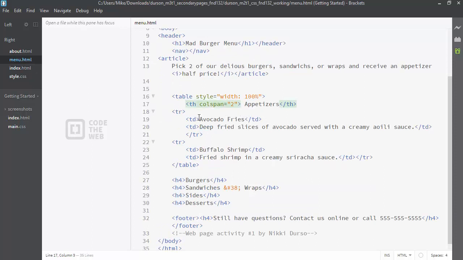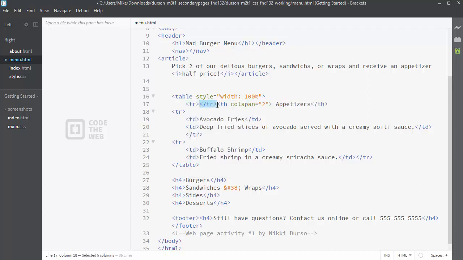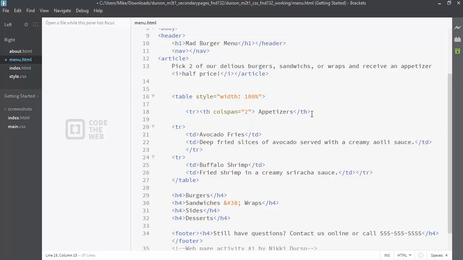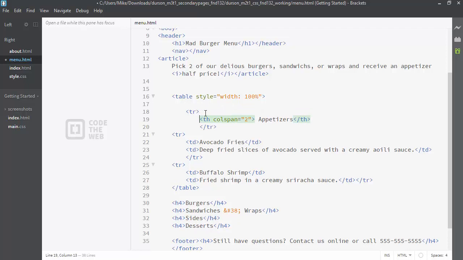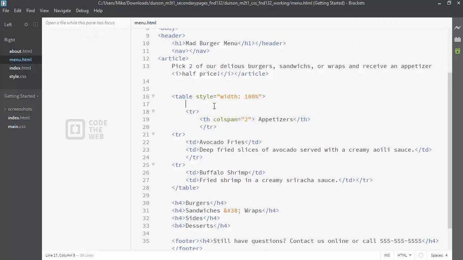Oops, I forgot to put the TH inside a TR tag, because the TH is a cell and stands for a heading just like the TD, so it has to be in the table row. So that's the reason why it's not centering the way I thought it was going to be. So we want to go in and have a TR and then the TH